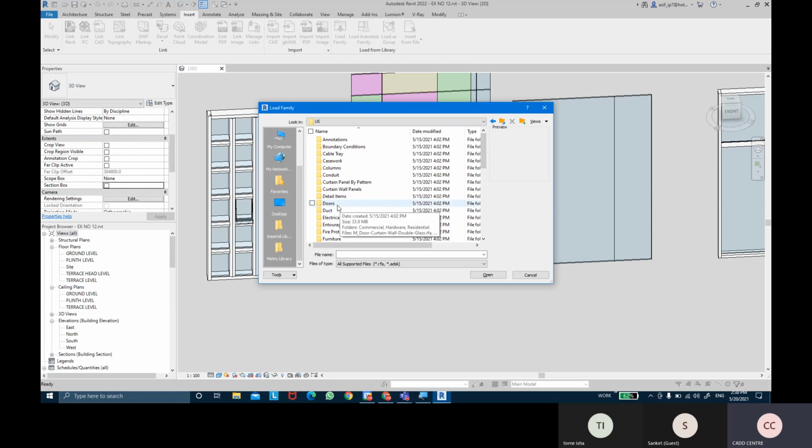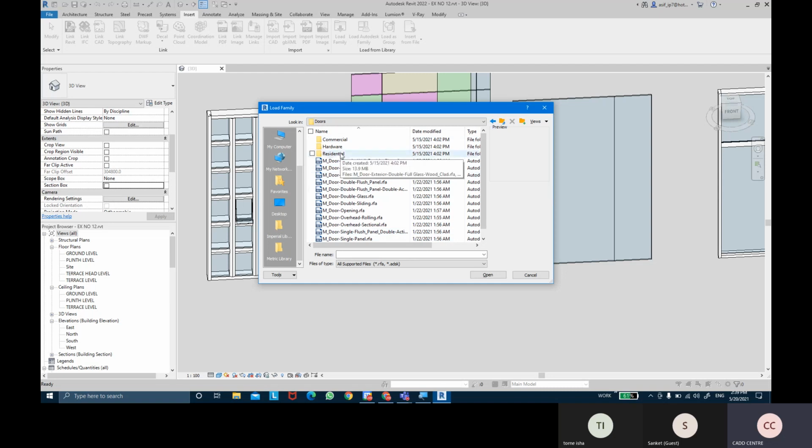Here we have the Door folder. In the Doors folder I'll find a lot of types of doors: commercial doors, door hardware, residential doors, and some other doors as well.